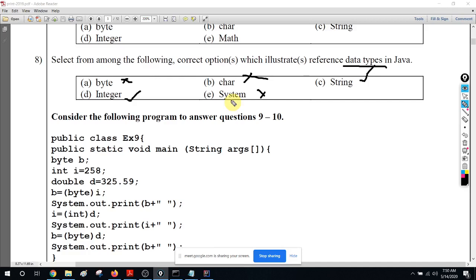Anyway, in 2019 they have considered it like that. Therefore, in 2020 also, if there is such a question, and if you see a possible class name, especially a Java class name, just take it as a data type, a reference data type. So they have taken that also as the answer. Other than C and D, System is a class, therefore they have taken all the classes as data types. It's debatable, because you can argue both ways, but for you, consider it as a data type, a reference type, but not a primitive type, right?